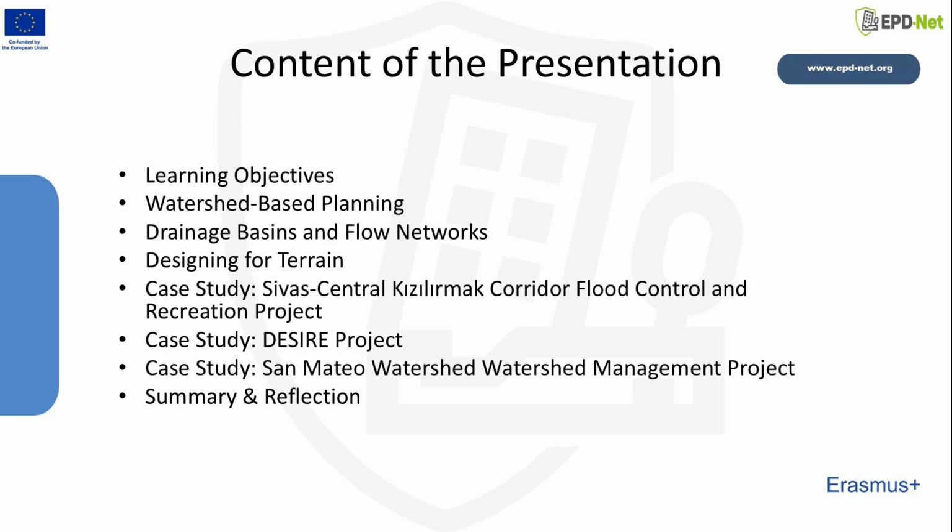First, the learning objectives are introduced to establish the core conceptual relationship between topography, hydrology, and land use. Then, the lecture moves into watershed-based planning, where drainage basins and flow networks are presented as primary natural systems that shape design and planning decisions. This is followed by a section on designing for terrain, which emphasizes how slope, elevation, and runoff dynamics should guide